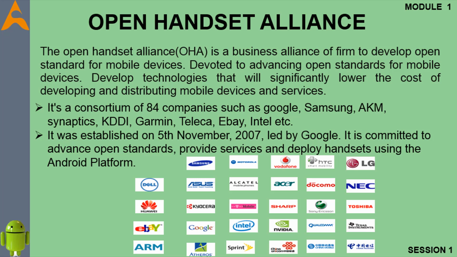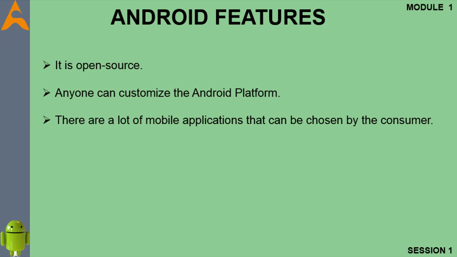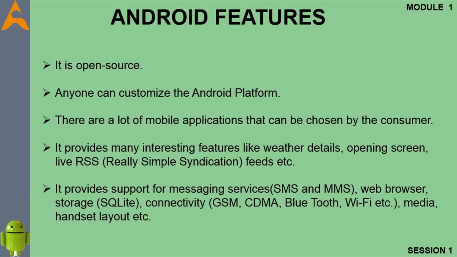Now we must understand the features of Android. It is open source. Anyone can customize the Android platform. There are a lot of mobile applications that can be chosen by the consumer. It provides many interesting features like weather details, opening screen, live RSS, Really Simple Syndication, feeds etc. and it provides support for messaging services, SMS and MMS, web browser, storage, SQLite, connectivity, GSM, CDMA, Bluetooth, Wi-Fi etc.,